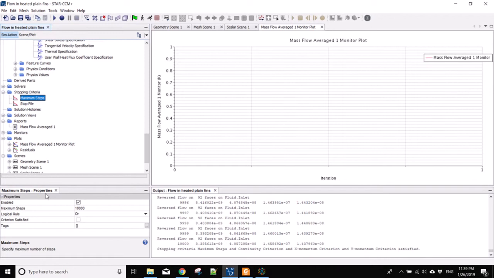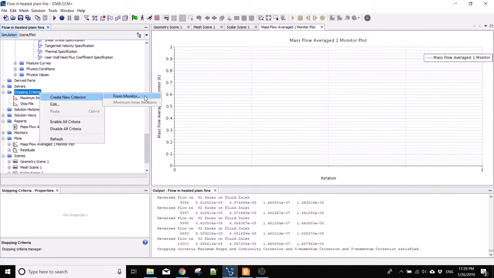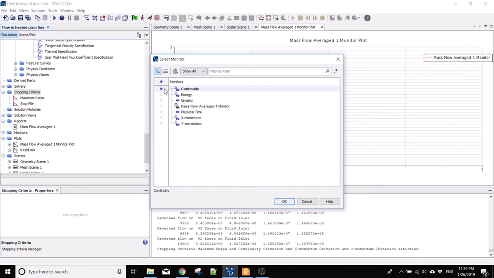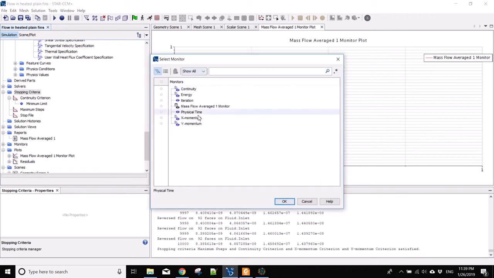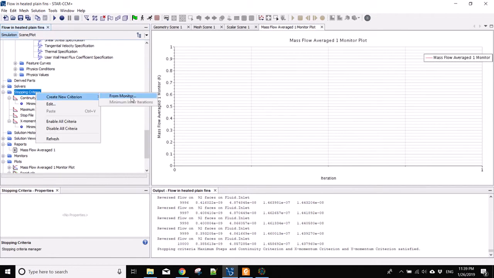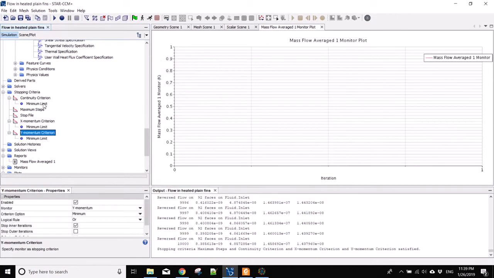So now you can see the maximum steps is 10,000. So just with this criterion alone, the simulation will stop when the iteration steps reach 10,000. But that is not good enough for us. So I'm going to create a new stopping criterion. From monitor, I'll select continuity, and also X momentum, Y momentum,